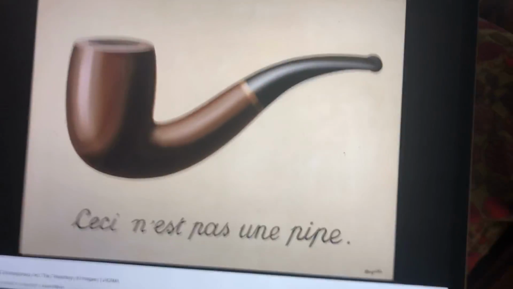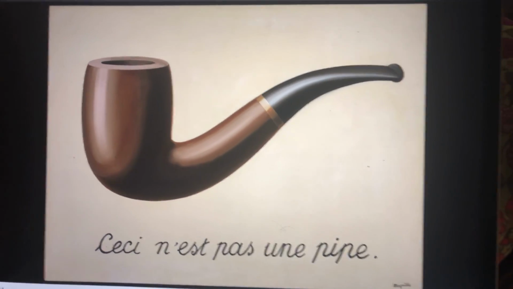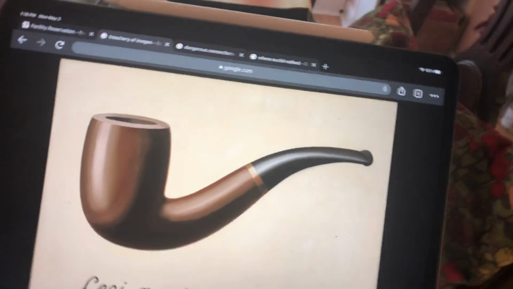You can imagine a painting of a pipe on a table. That would be a little window into another world, where it looks like I'm looking through a window and I can see a pipe on the table. But this, because it has the words at the bottom, this is not a pipe. And the pipe is just floating, right? It's not on a table, it's not anywhere. It's just sort of floating in the air. And then there are words on the painting. It's a way of reminding you that, by the way, this is not a real thing, it's just a painting.